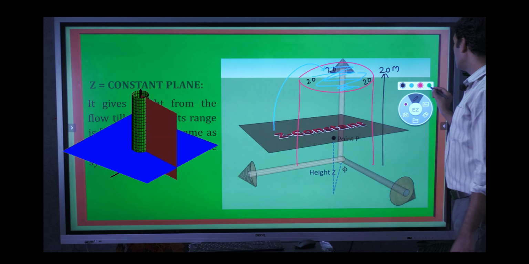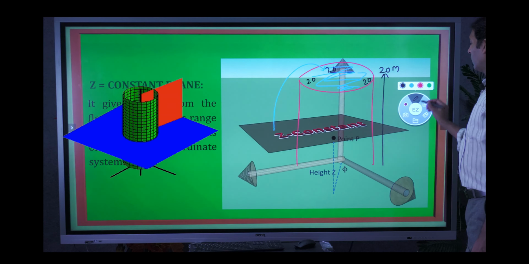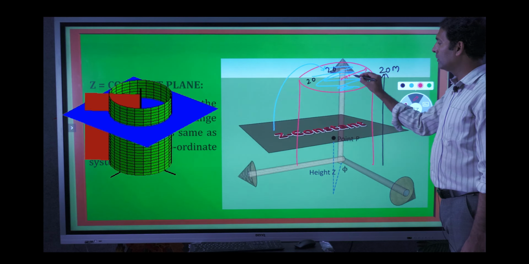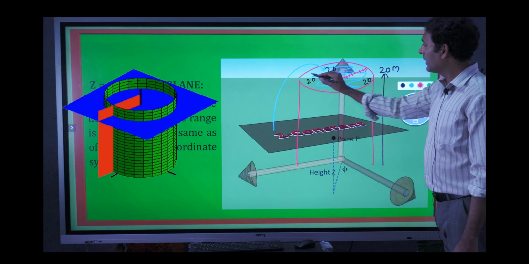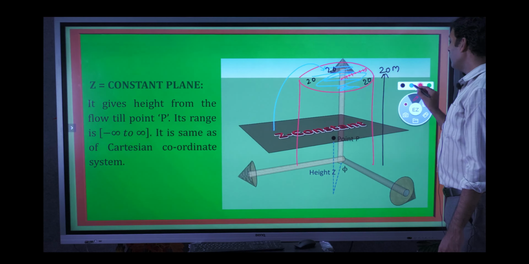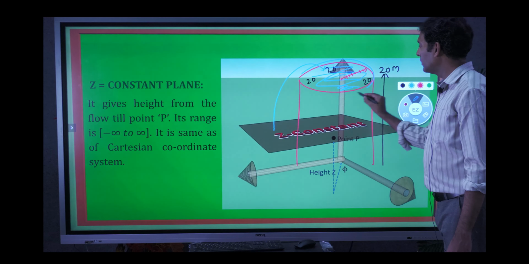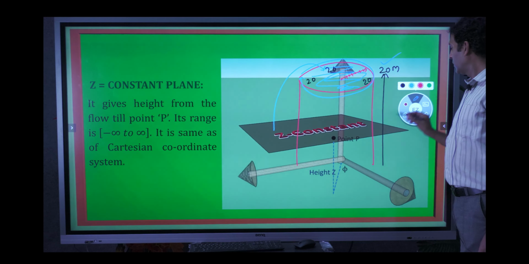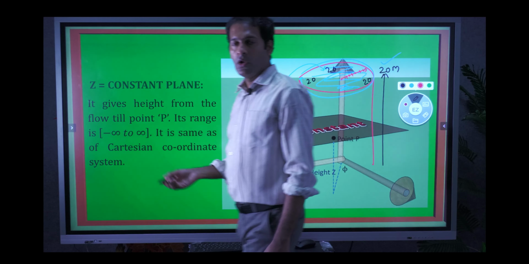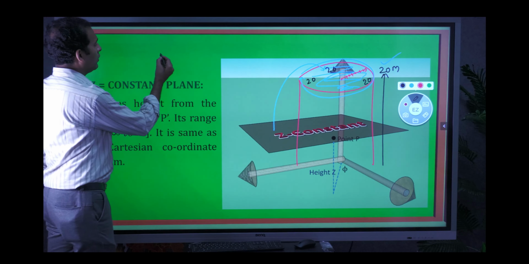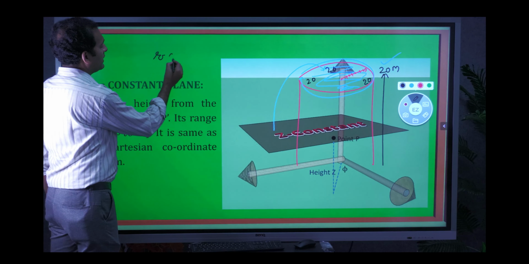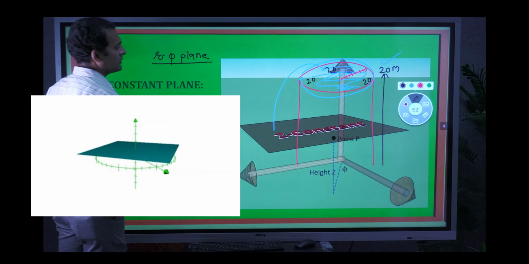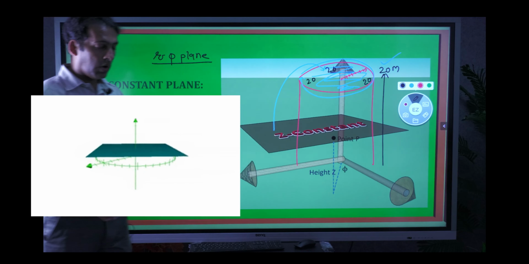But which values will be changing? The other two values will be changing. For example, here the radius is changing: radius 1, 2, 3, 4 and so on. Similarly on this circle, the values of phi are changing continuously from 0 to 2 pi. But the value of z is constant. So it is called the z constant plane, or the alternate name for this would be the r-phi plane, where the values of r and phi are changing. So these are the three constant planes.